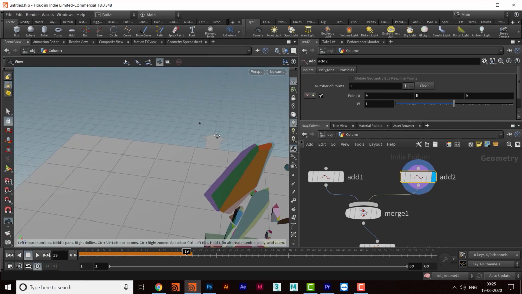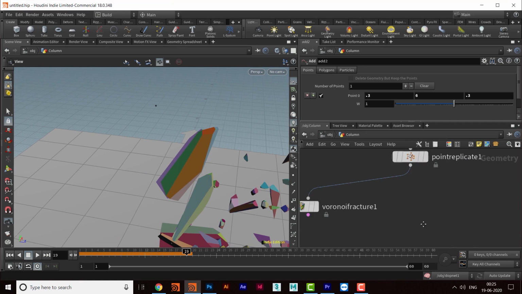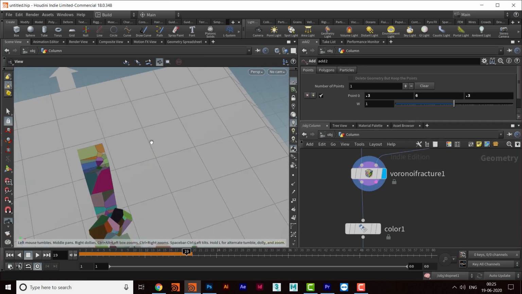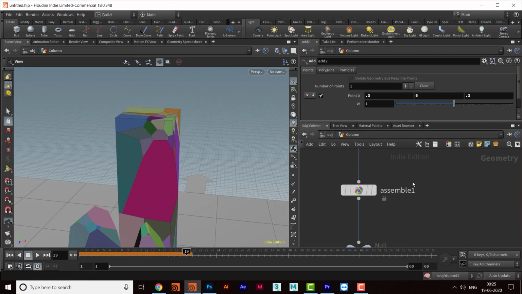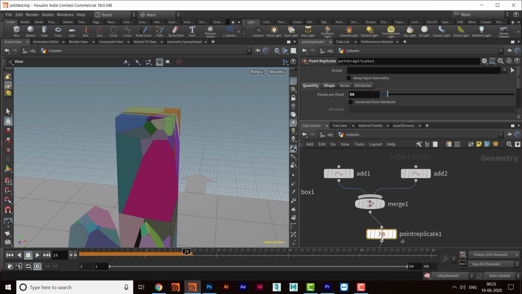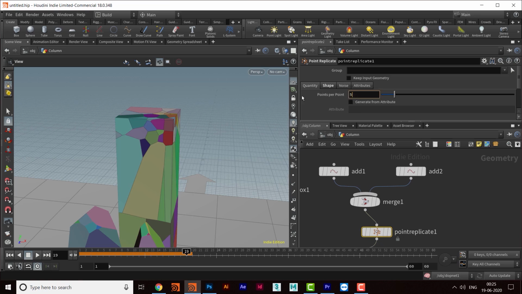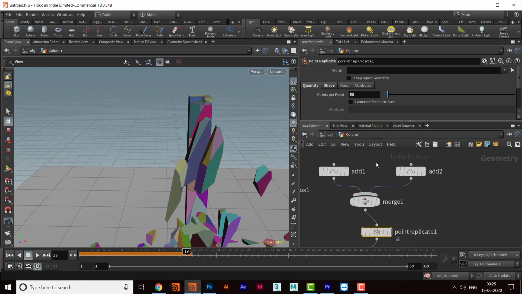If I click here, then I can see the point here, and then I'll give this maybe some value here, maybe 0.3 or something, and that will be like this. So maybe we have created more points here, more pieces here, and maybe I have taken only one point replicate. Maybe I can increase some values here to maybe 100. So that will be entirely based on the choices we make, but for now this is there. So we can take as many points as we require.